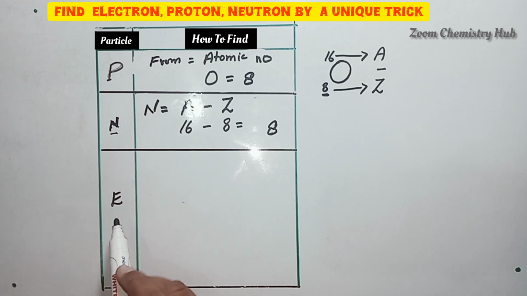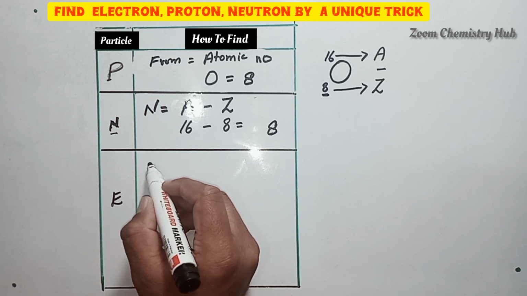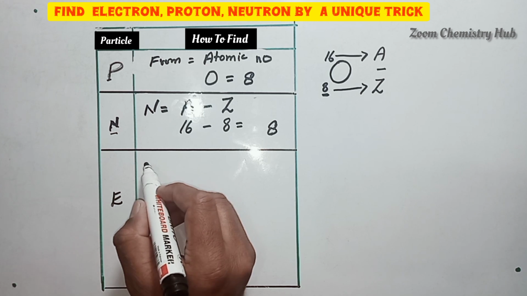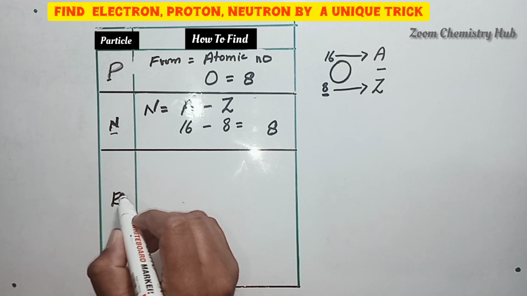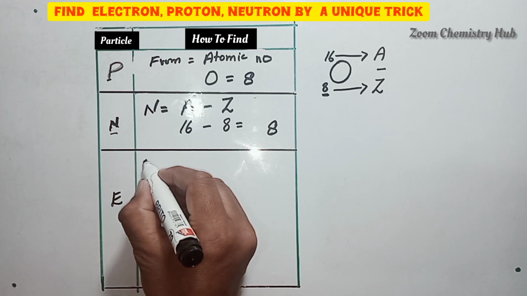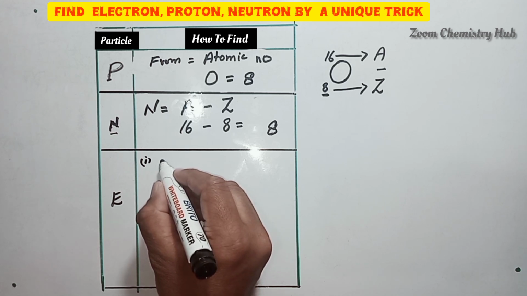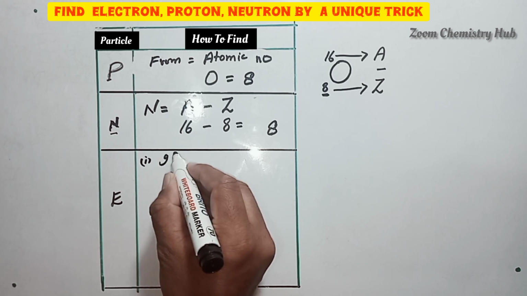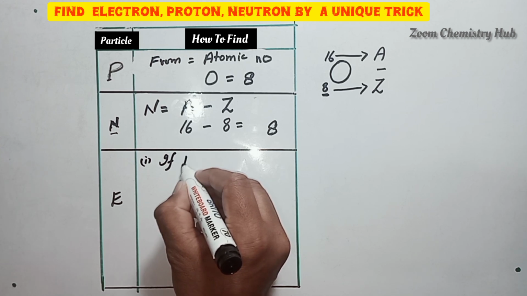Now comes the number of electron. How can we find the number of electron of an atom or element? So there are three conditions for finding the number of electron. First, if an atom is neutral,